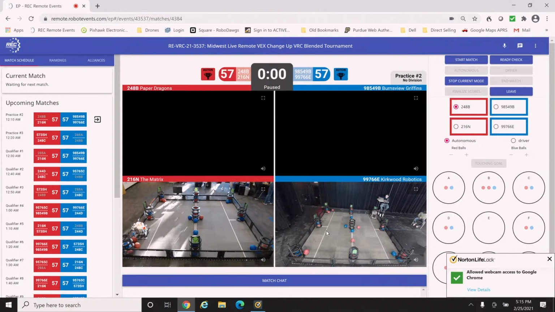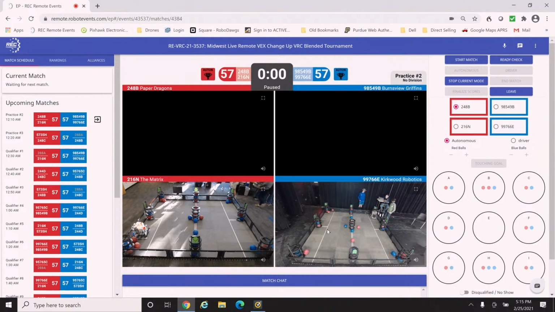So practice match 2, Burnsview Griffins from Delta, British Columbia. We have Kirkwood Robotics. Kirkwood Robotics is from North Kirkwood Middle School in Kirkwood, Missouri, not too far from St. Louis. 216N is another Granville team. They are one of the middle school teams here at Granville. And then 248B is Paper Dragons. They're one of the high school teams